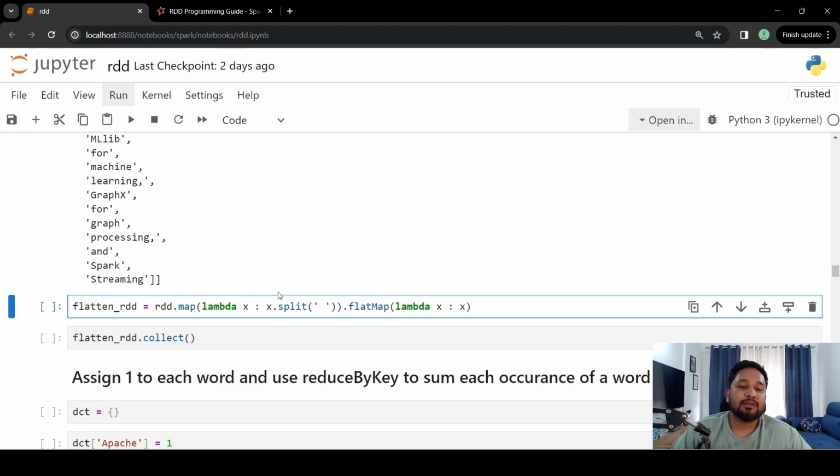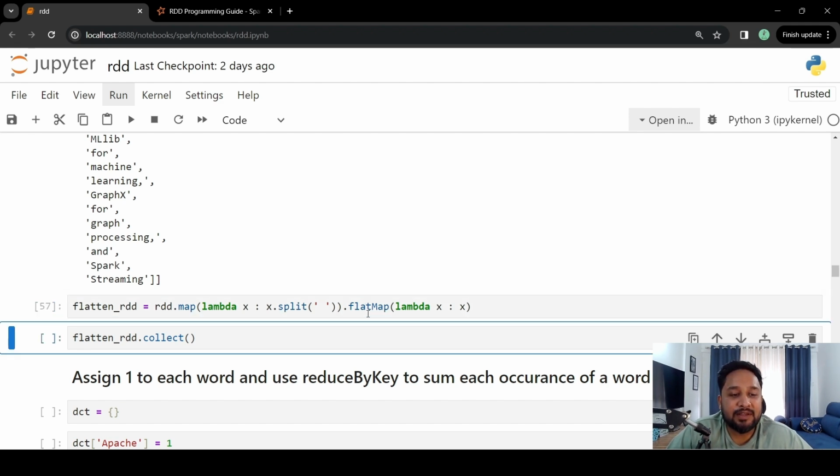So to get more clarity, let me execute this. I have done rdd.map. First, we are going to split the text into a list, and then I am going to apply the flat map. So whenever a flat map is applied on a list kind of a function, it will create more rows. So each element in a list will be created as a separate row. So if I apply this and do a collect,